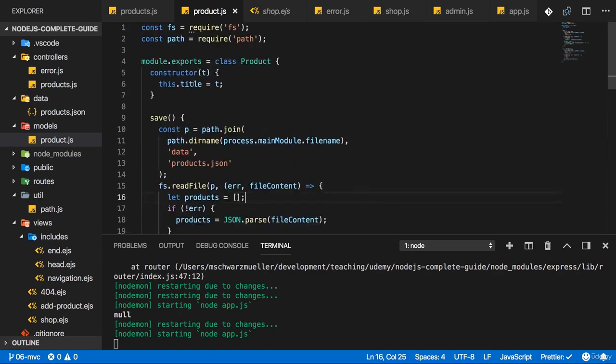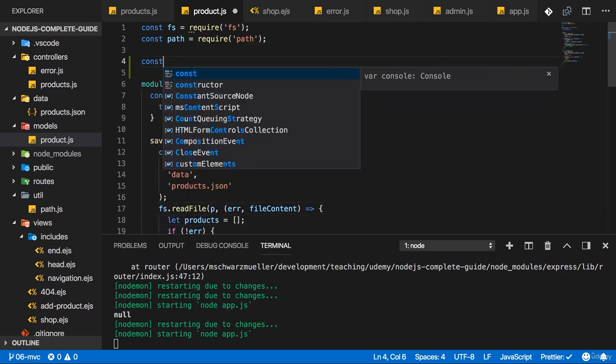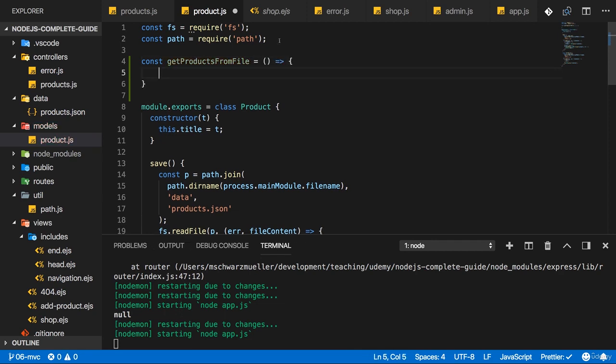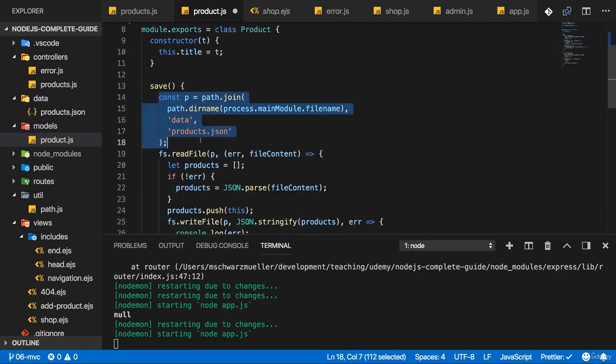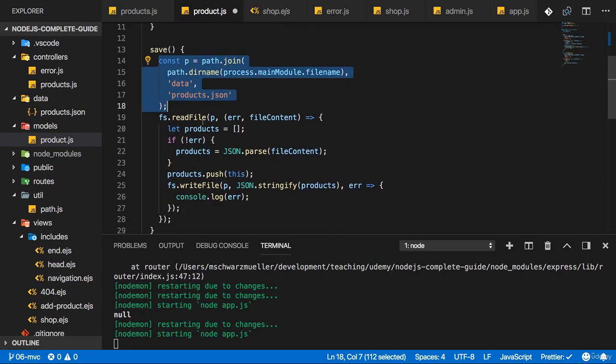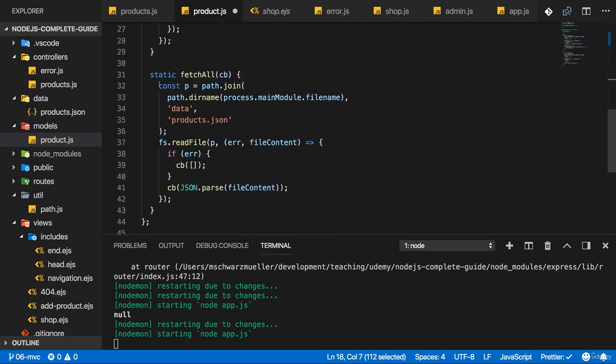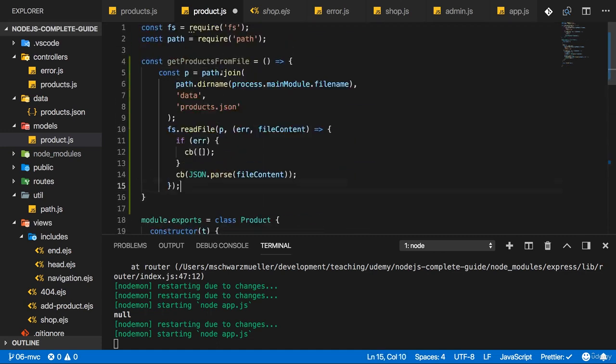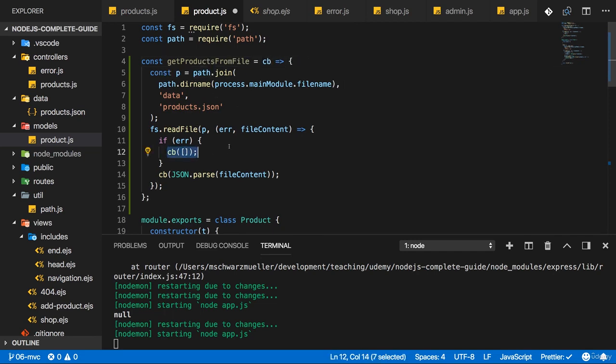I will create a helper function, and I'll store it in a constant, and I'll name that helper function getProductsFromFile. And this helper function will do this path construction here for me, and it will also read the file. So it will basically do everything I do here in fetchAll, like this. And it will even get my callback here, because I do execute that here and ultimately return this, because the